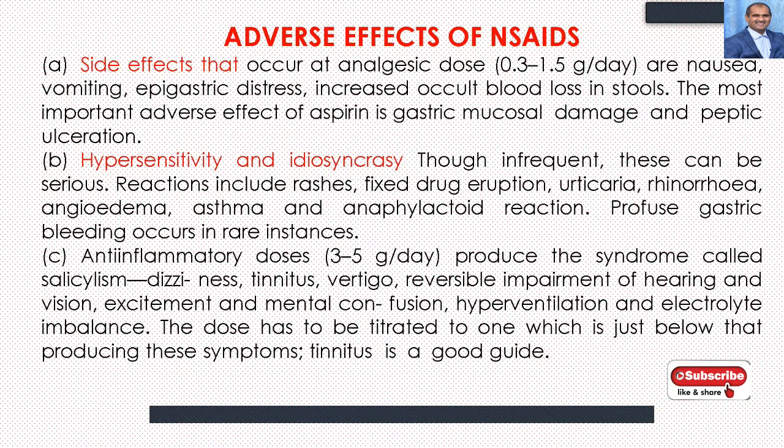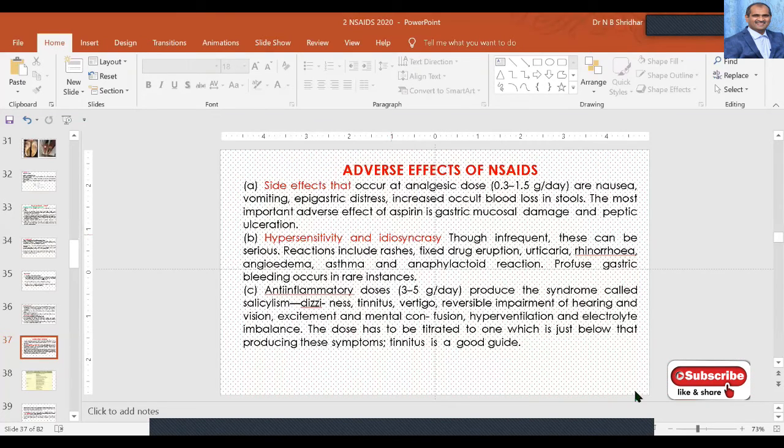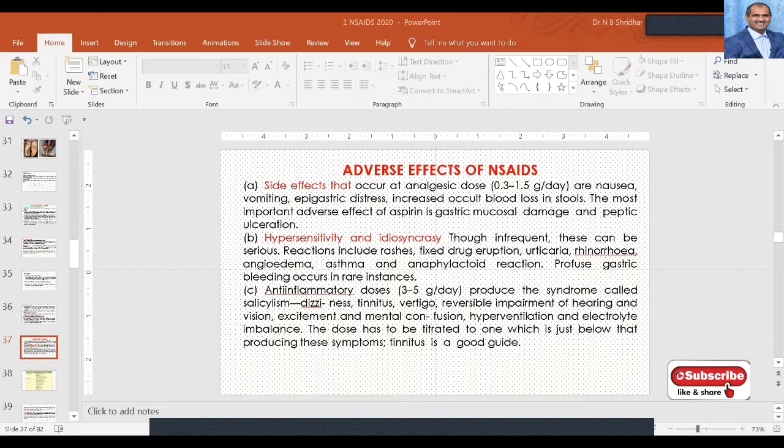Many times hypersensitivity and idiosyncrasy are also seen, and these are very common clinical signs. Cats are also very commonly susceptible. Many times the owners themselves administer the NSAIDs and come up with the toxicity,